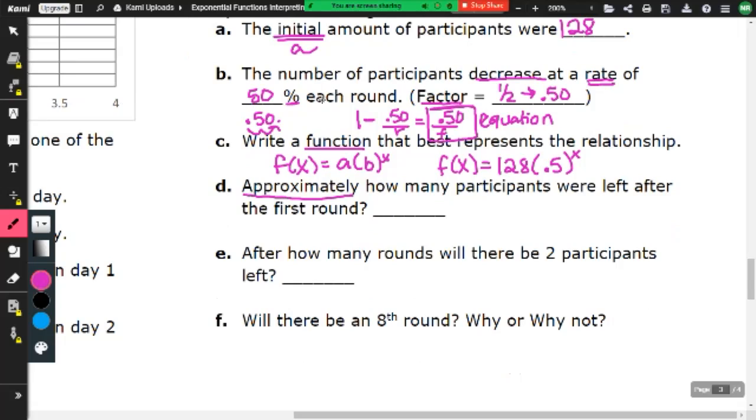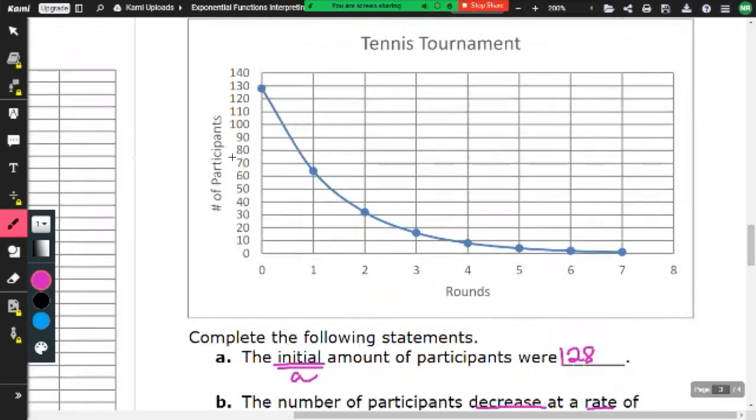How many participants were left after which round? The first round. The rounds are where? My x or my y axis? Rounds are my x. So we're looking for the y value. Rounds are the x. We're looking for the y value. You see the x here at the bottom. This is my x axis. We're looking for the y value. It says the first round, so 1 round. We go straight up,